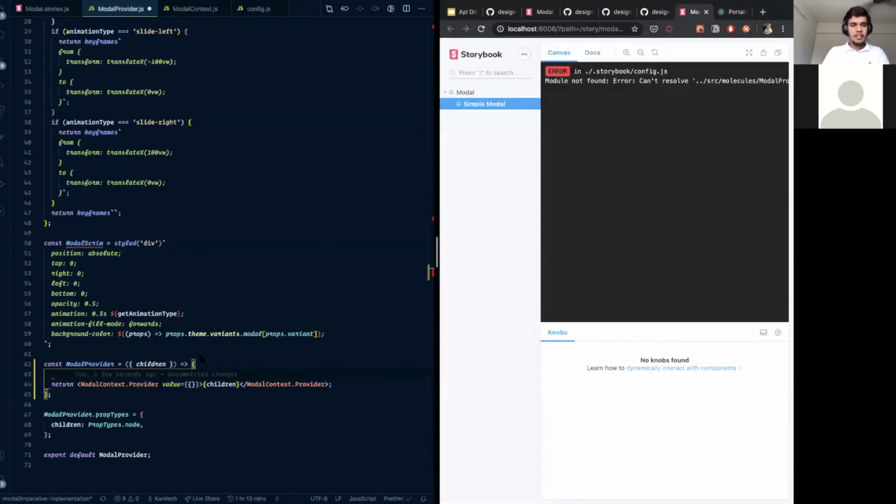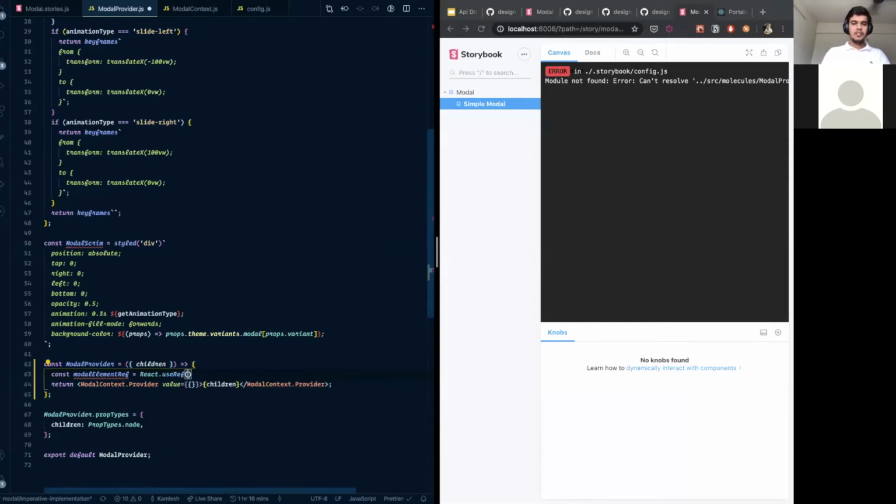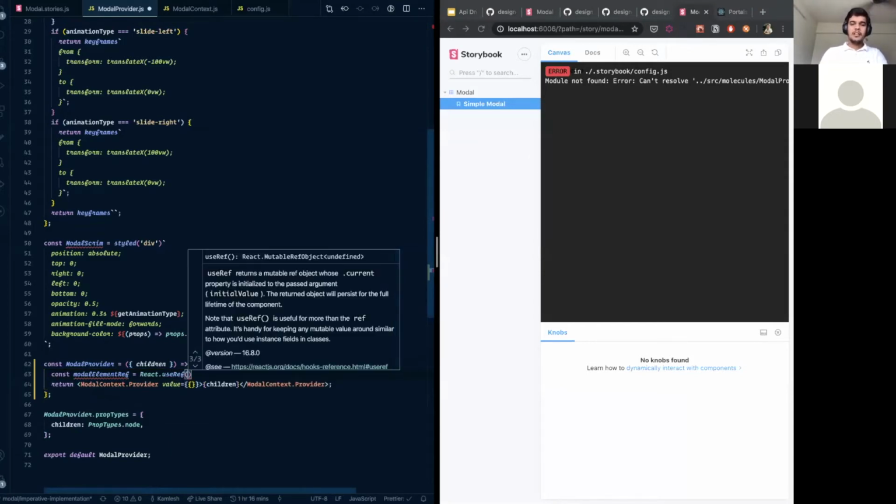So okay, we'll start with that. When I say I want to render my portal, what I'll do is first create a ref, use ref, right? So why refs? Because I can't make it in state, because I want to persist the ref. I don't want it to be created every time, and I want that identifier on every render. So there's nothing better than refs.